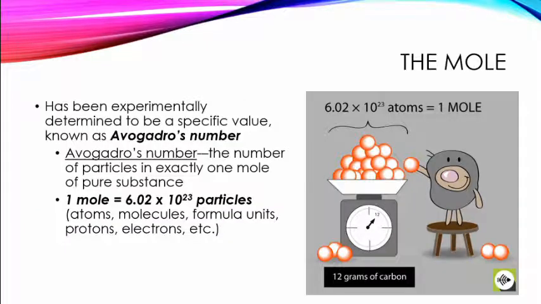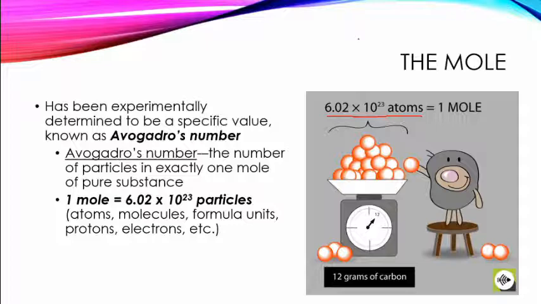All right, and so what is that exact number? That exact number is known as Avogadro's number, not avocado, Avogadro's number. The actual numerical value is 6.02 times 10 to the 23rd. This is an insane amount of atoms. Essentially what this allows us to do is say, okay, this many atoms is equal to 1 mole, and then we can count those atoms or particles, or whatever term you want to use, a lot more